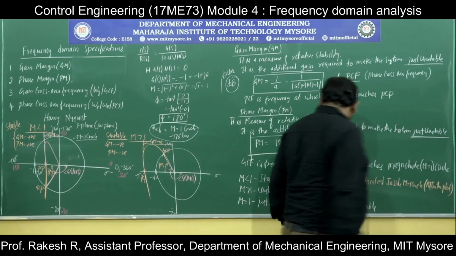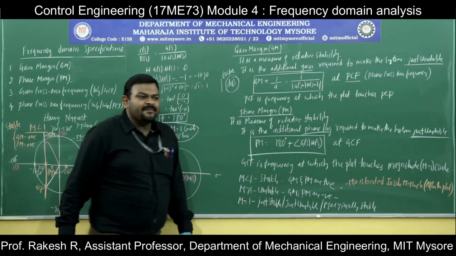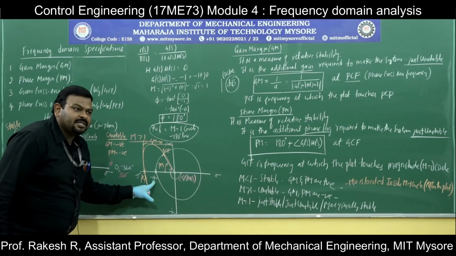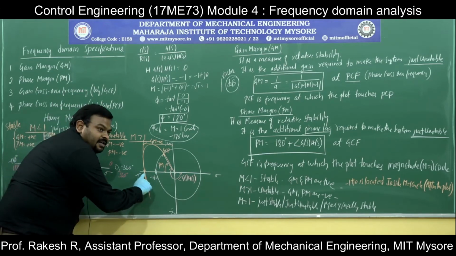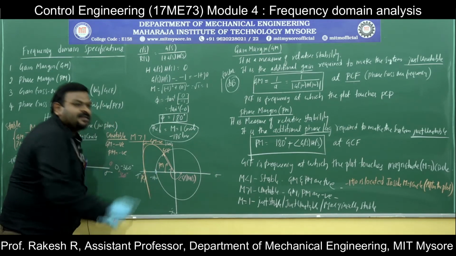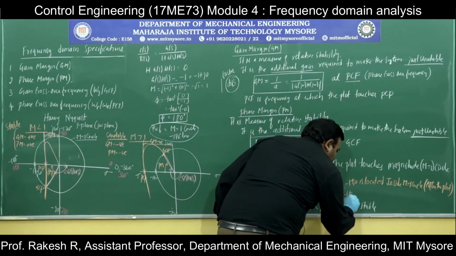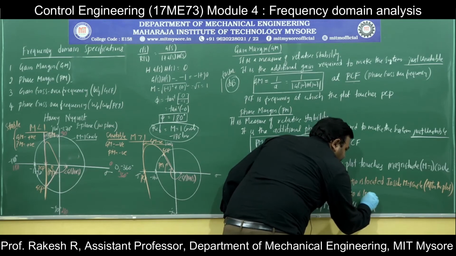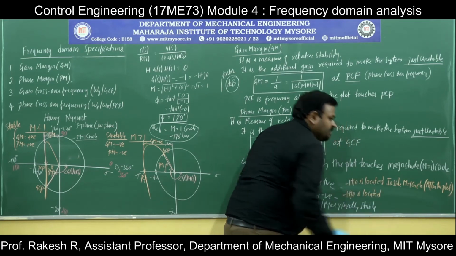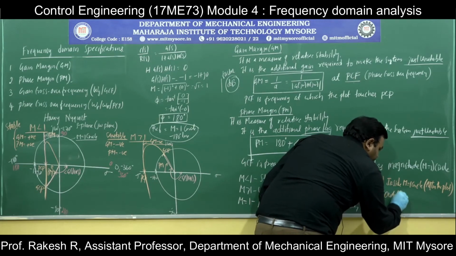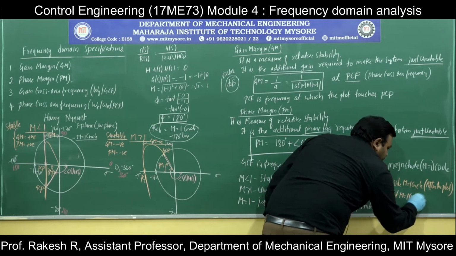Next, second thing, M is greater than 1. For M greater than 1, where is minus 1 plus j0? So this is a plot. Before the plot itself, there is a critical point. So minus 1 plus j0 is located outside the M equal to 1 circle,